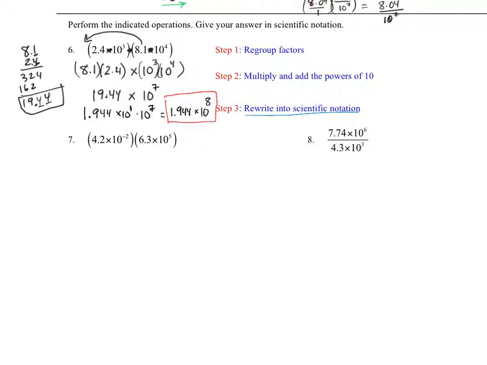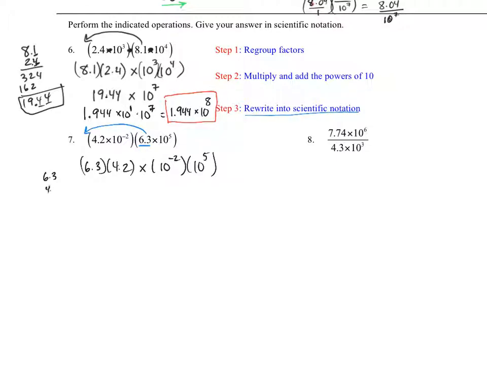Okay, let's do another one. We've got 4.2 times 10 to the negative 2 times 6.3 times 10 to the 5th. So I'm going to use the commutative property. My 6.3 is going to commute out to the front. So I've got 6.3 times 4.2, and that's times 10 to the negative 2 times 10 to the 5th. Okay, so I regrouped my factors. Now I need to multiply